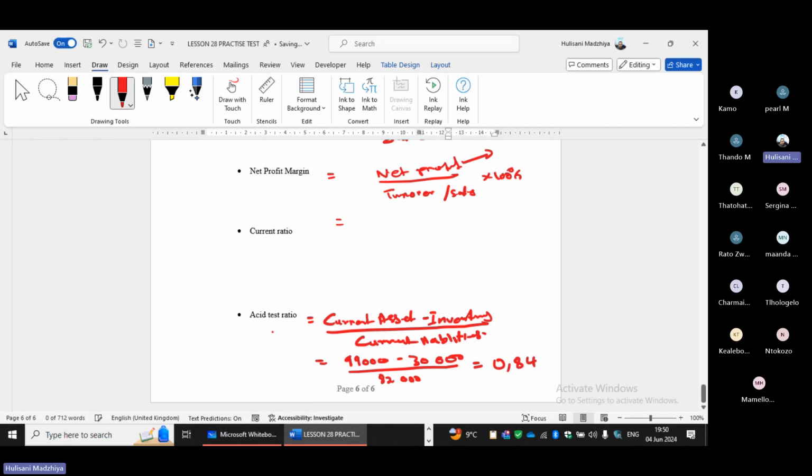And remember, there is a norm for this ratio. The norm is that it should be 1. And then for current assets, it should be 2. So it's sort of like 2 to 1, and then this one 1 to 1, where the 1 represents the liability divided by liability. And then as well,